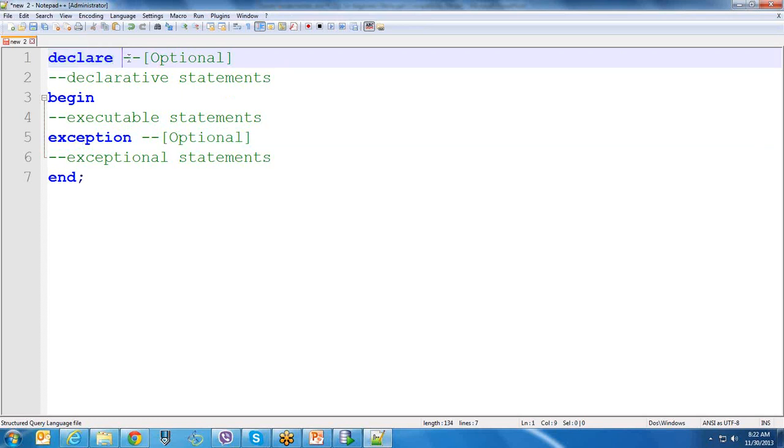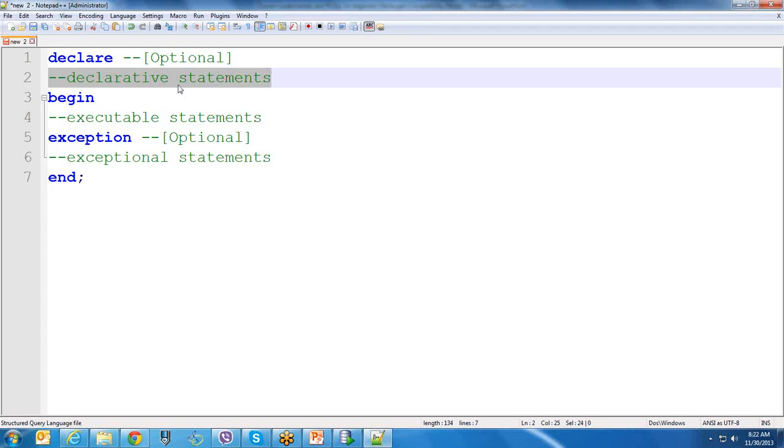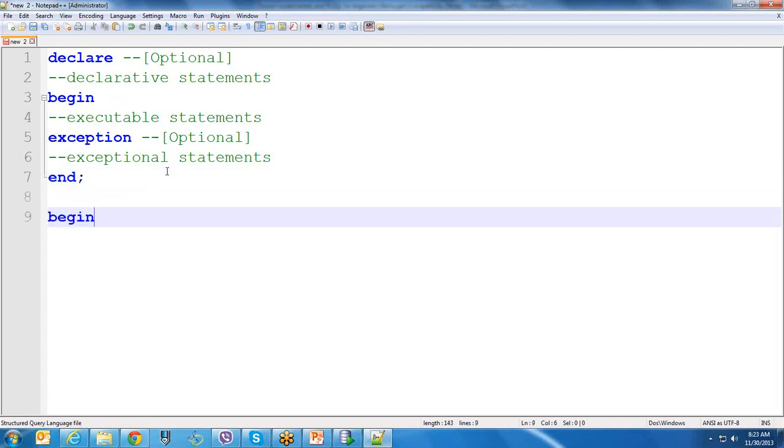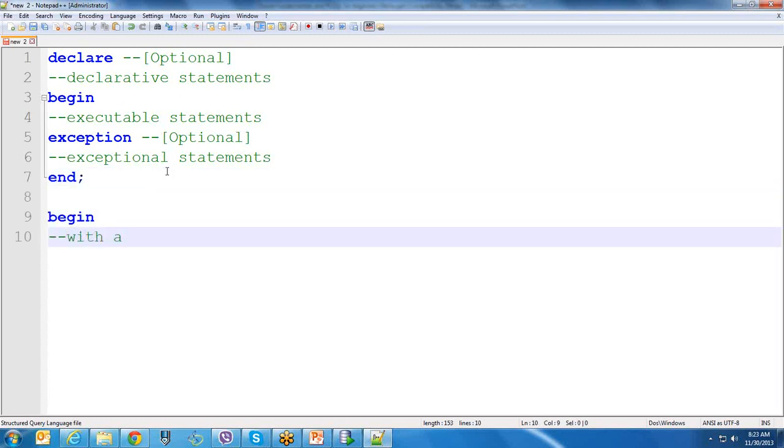The declare section is always optional. All variables we are going to use in our program, we need to declare between the declare and begin sections. The section between begin and end is called the executable block. If you use a variable without declaring it, we'll get an appropriate error message that the variable is not able to be found. The only mandatory block is begin with at least